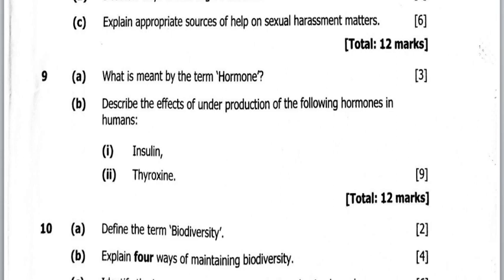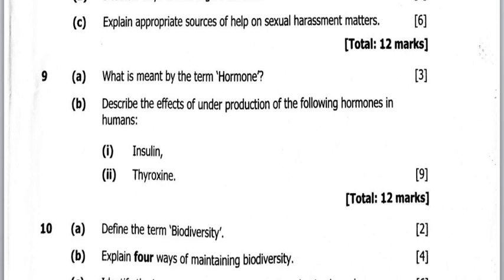The signs and symptoms of diabetes mellitus are: number 1, abnormal high levels of glucose; number 2, the loss of weight; number 3, loss of sensation in some body parts. So basically, low levels of insulin lead to diabetes mellitus. Then the second part, thyroxine. Underproduction of thyroxine causes